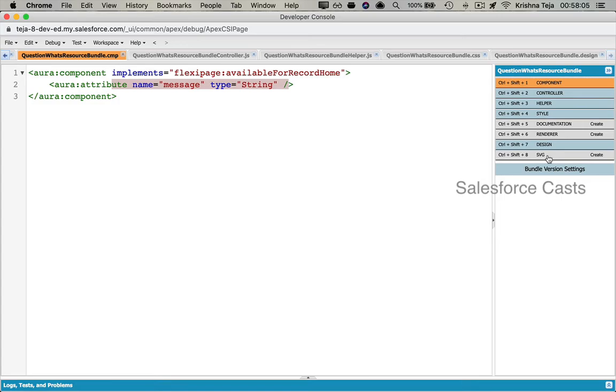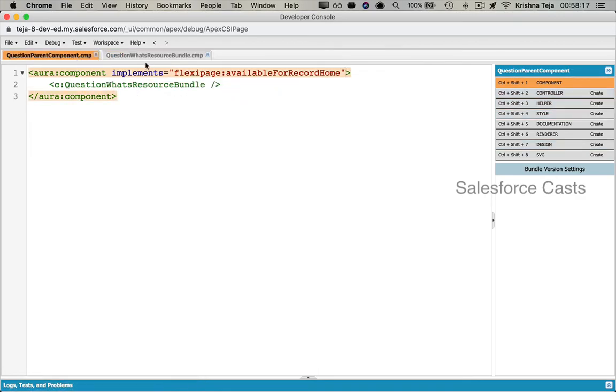Now this is what resource bundle is all about, which is whenever we try to create an Aura component, the framework is going to create 8 files for us. The beauty of it is, let me close all these files. As of now, this particular Aura component is embedded within a parent component. Within the parent component, we have the resource bundle component. At some point of time, if I decide to remove this component as the child component from the parent component, I can just remove the reference like this. And when I remove it, the reference to 8 files is automatically removed.